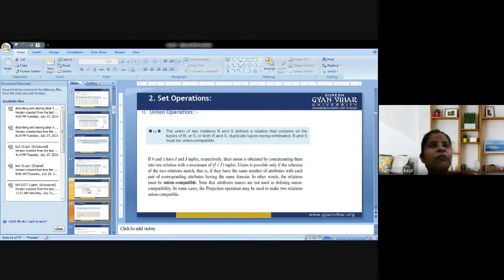Now let me give you a layman example. If we are supposed to operate the union operator, let's say we take R and S. There are certain elements in R, like 1 and 2, and certain elements in S, like 1, 2, 3, 4. So what is R union S?